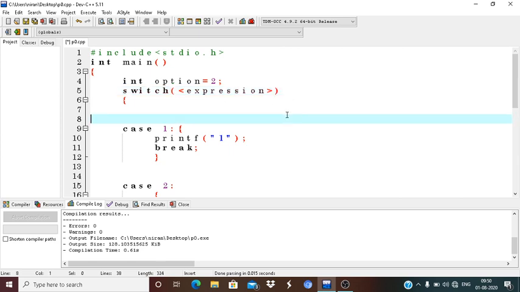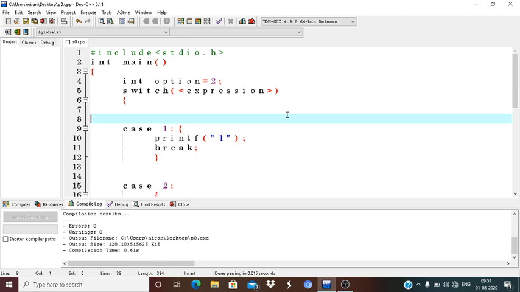The expression or the option here is a variable of integer data type. It means the switch only allows an integer or a character data type variable or expression.